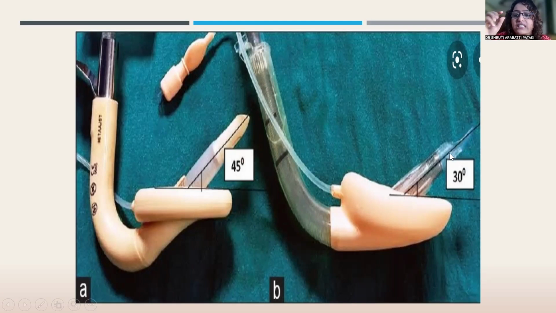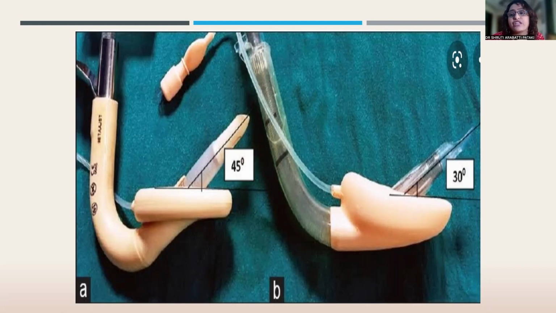If you can see, it's got a really flexible tip. At the posterior laryngeal inlet, mostly the tube abuts and you'll be having a lot of trouble trying to force the tube in. There could be trauma, there could be edema, a lot of those problems. But with this Parker tip, the trauma remains really, really minimal. In fact, nothing. You might find a little bit of resistance while putting it in, but I have a video that I will show you.